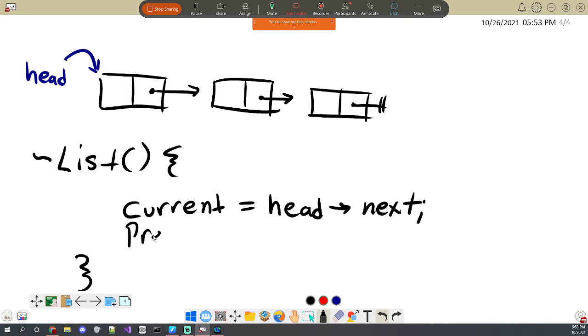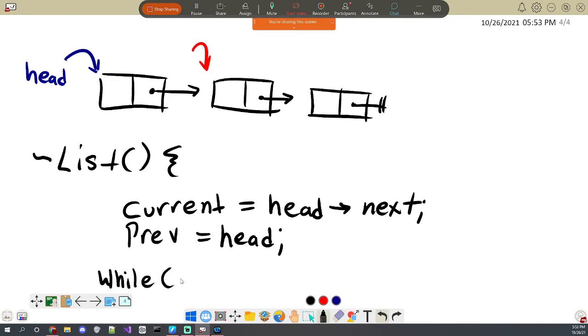And I think this is the easy way to do it explicitly, at least. So what we do is we would set a current equal to the first node, a previous equal to the head, and then we could just loop while we still have things left that we need to deallocate. So we just say something like while current doesn't equal null. In fact, I would probably say while previous does not equal null. Actually, I guess that's probably what we want. Current does not equal null, pointer.